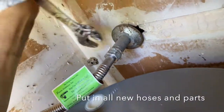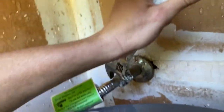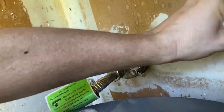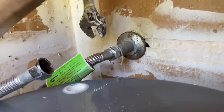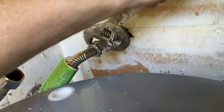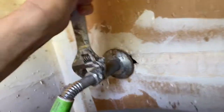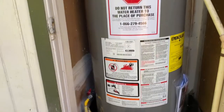It costs you another 10 bucks, 20 bucks, however much. Worth it. Because if you've got to come out here and fix a leaky hose, that's just too much to do. You don't want to do that. So just take this thing off and replace it. Okay, so I didn't show you putting this thing back in because there's a lot of effort